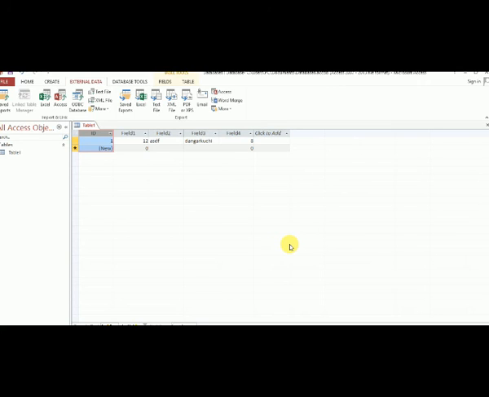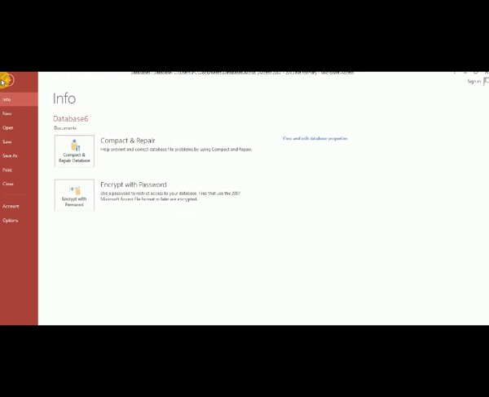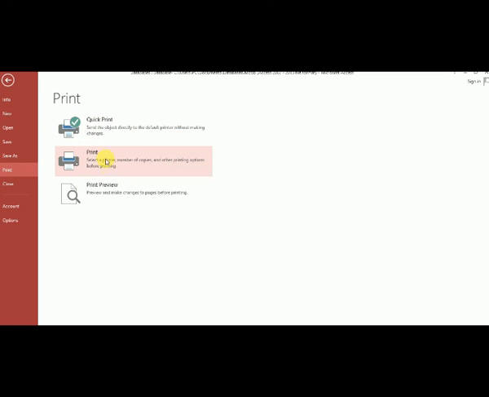It also allows printing the data contained in the database in a presentable manner using a report. You can use Print or Quick Print.